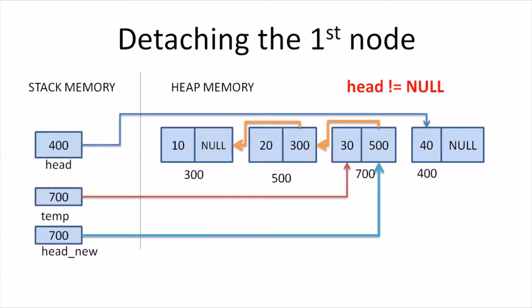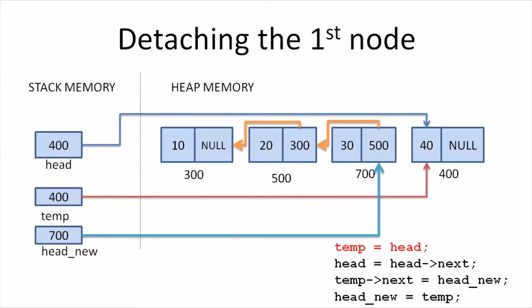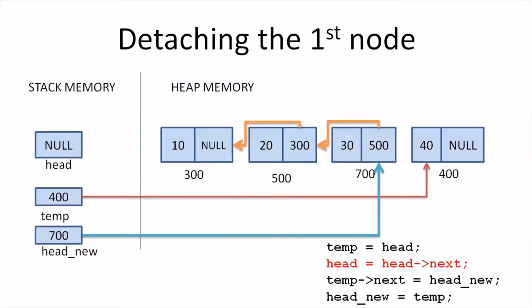After this, we again check the value of head and we find that it is still not null. This means that we are going to iterate the loop for the fourth time. So when we execute the next statement, that is temp is equal to head, temp now holds the address 400, indicating that it points to the fourth node of the original linked list. Next, when we execute head is equal to head next, this node at address 400, being the last node of the original linked list, has null in its next part. So when we execute head equal to head next, head now becomes null.